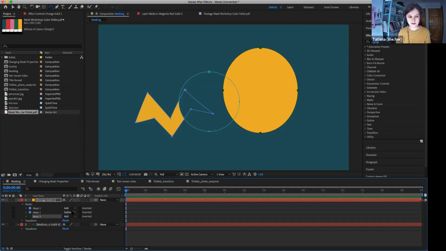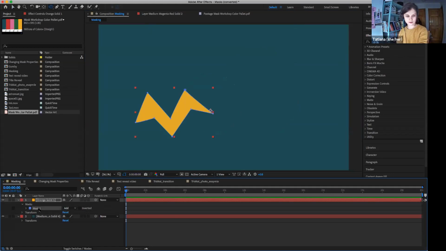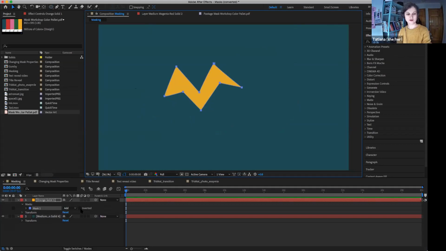Another setting that you have next to your mask is inverted. It basically means that instead of cutting around the mask, you're cutting what's inside of the shape. So I will delete all my extra masks here. Just leave my one original zigzag. So if I hit invert,